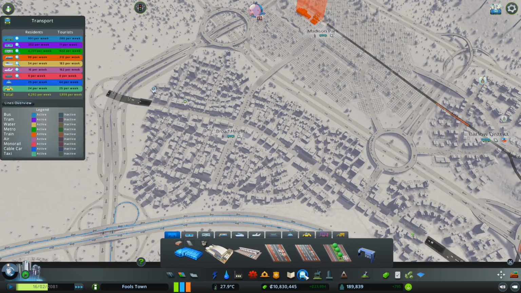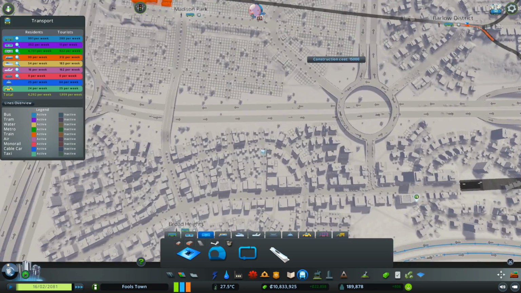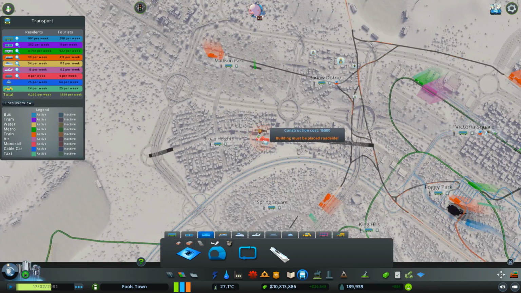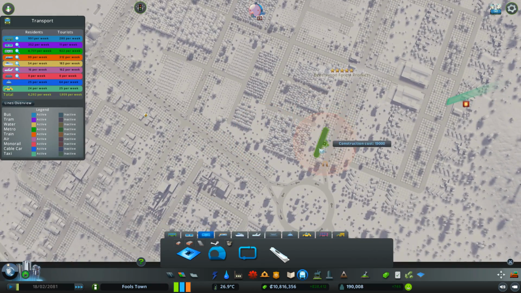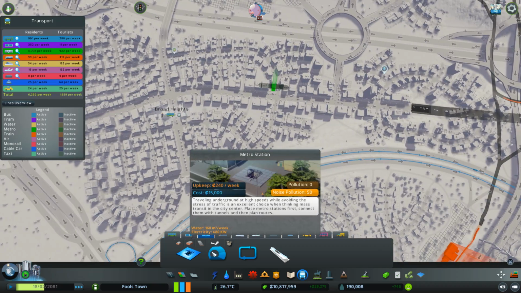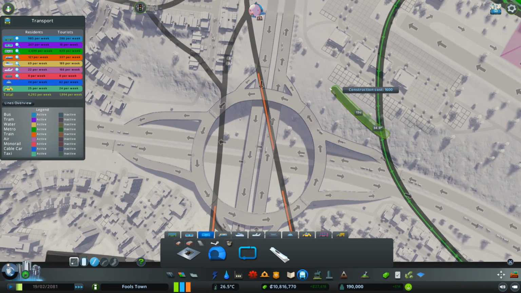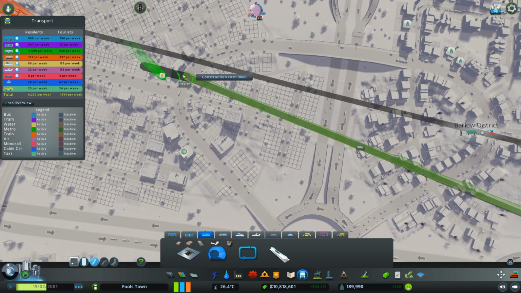Right, I want to place in some subway network systems then. So we're going to have one on either side. So it's probably best to have one here. And then also have one about there. So if we add some there, and then is it worth having another one up here? I feel like no. So let's connect these up. It's going to be a bit weird now for a connection, isn't it? There we go, that one's